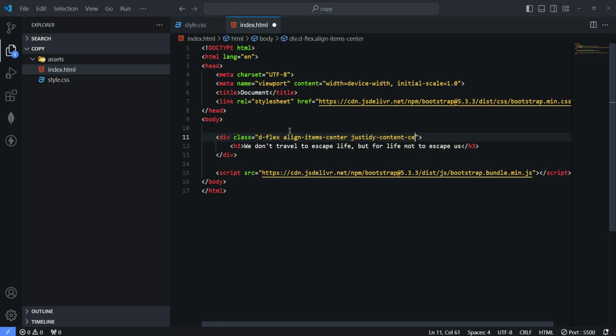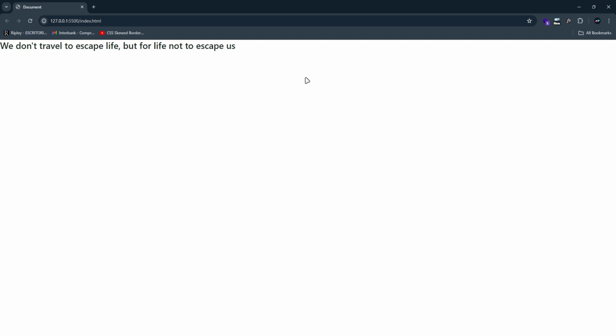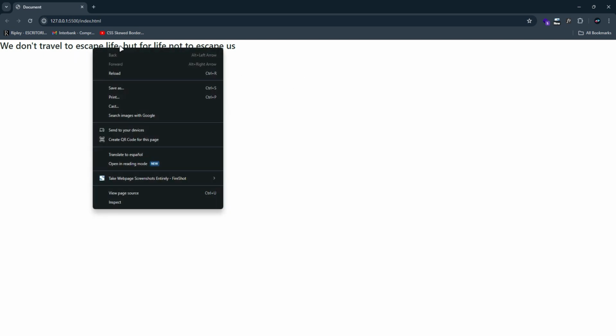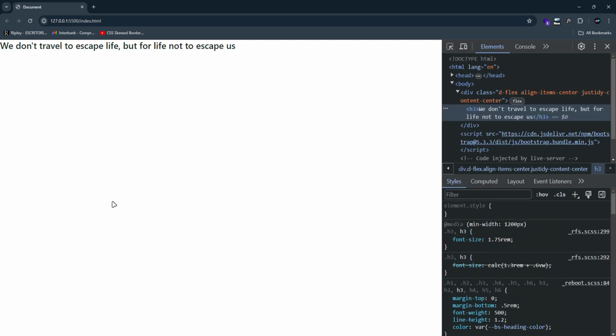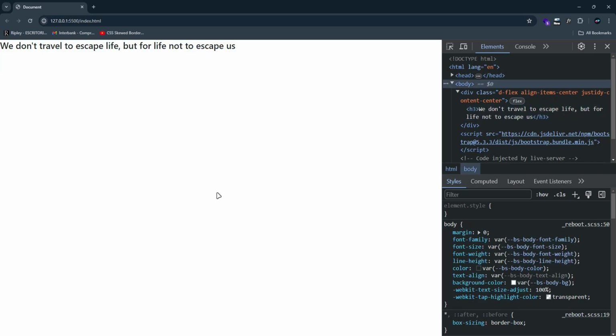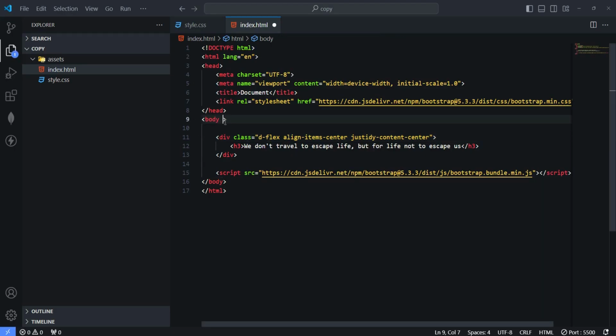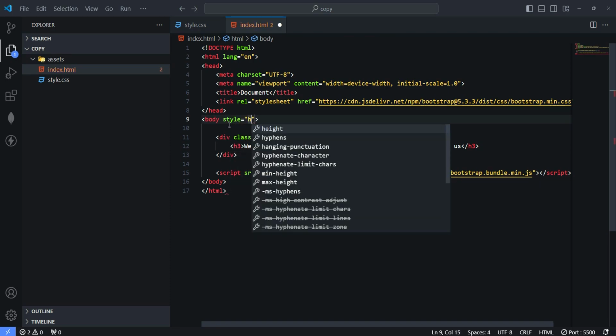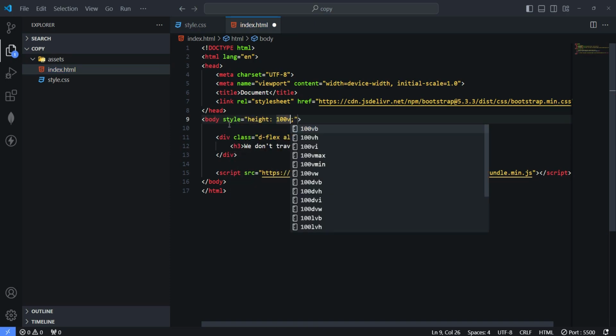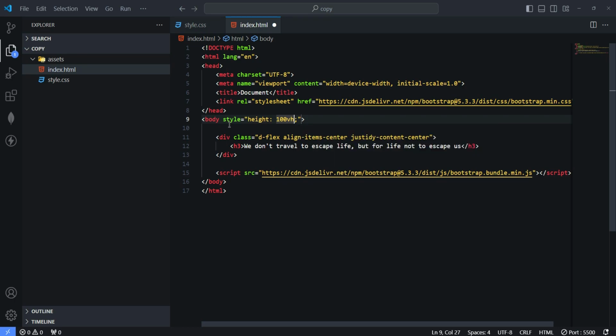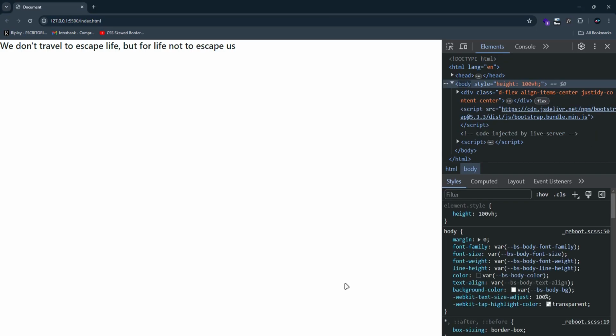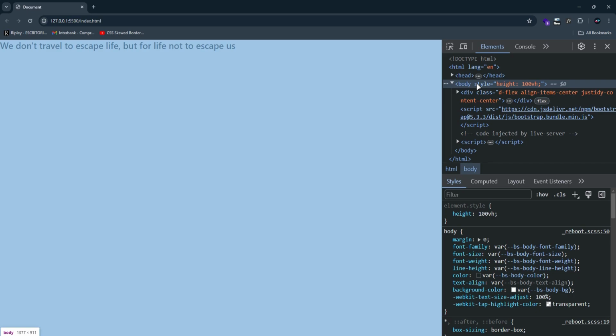I'll save the changes, we check our project, and as you can see, it didn't align at all. Let's see what's going on. So, we inspect it, we check the parent container, and the first thing we can notice is that the body tag doesn't occupy 100% of the screen height. To fix this, we go to the body tag, and right here we'll set the height property and we'll set it to 100vh, which is view height. I'll save the changes, check our project, hover over the body, and as you can see, it now occupies 100%